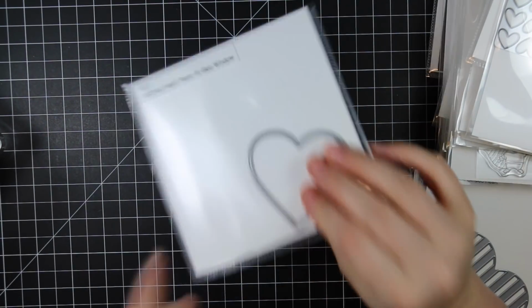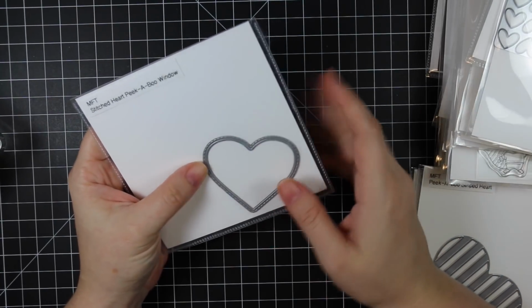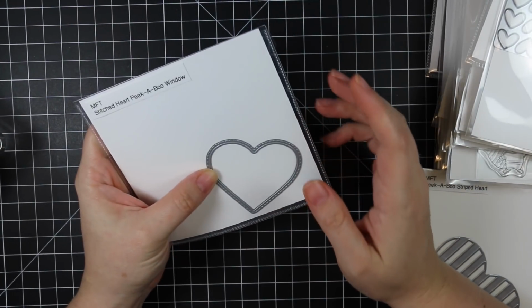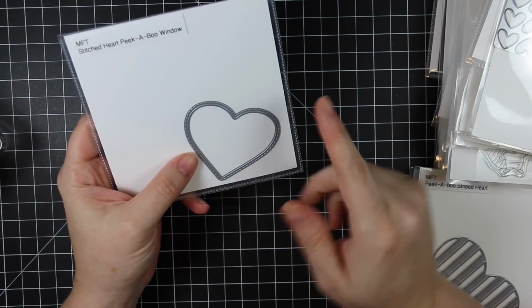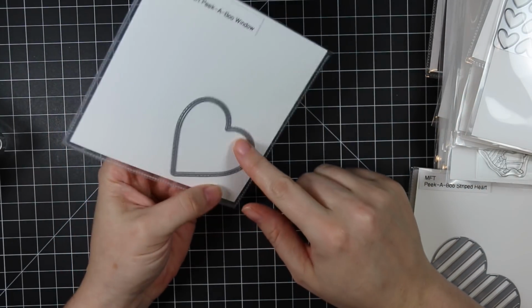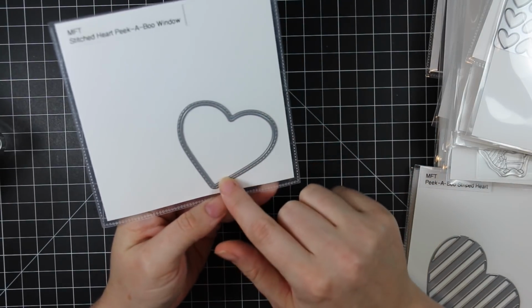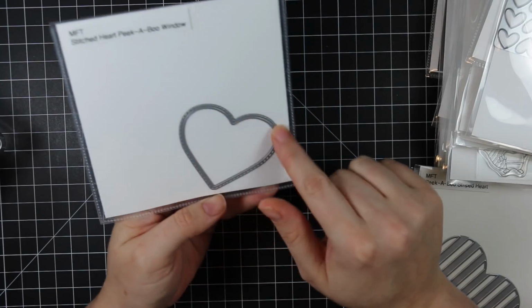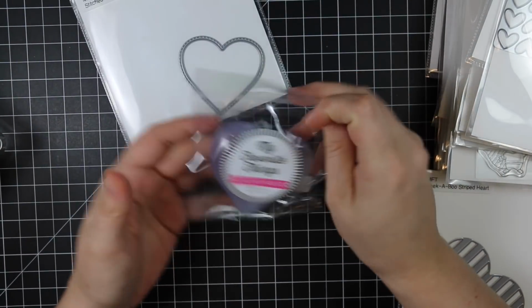And then this month's free with 60. I've mentioned this in other videos. When you order from MFT, if your order is $60 or more before shipping, etc., you get a free with 60 Die-namics. So the one for right now is this stitched heart peekaboo window. It die cuts the heart and a stitching around the perimeter. So of course that fits their heart shaker pouches,